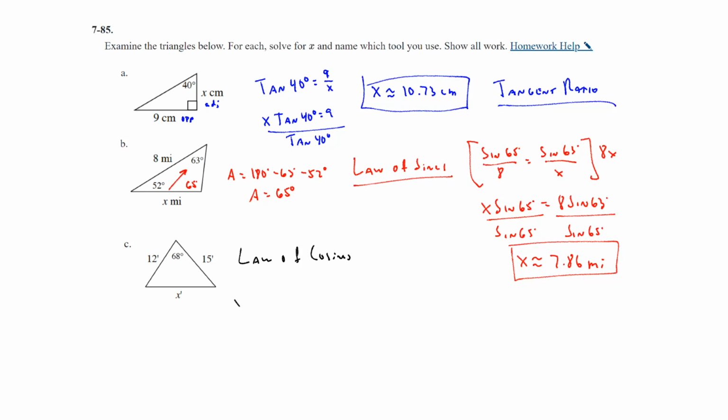And so that will be x squared is equal to 12 squared plus 15 squared minus 2 times 12 times 15 times cosine of the included angle, which is 68 degrees. Plug that whole thing into your calculator and then take the square root of it. And that will give you approximately